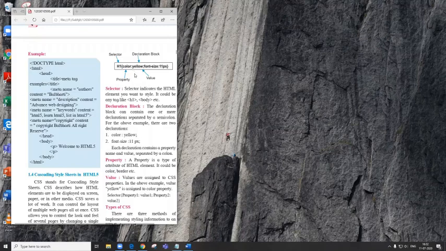This is the change in the syntax, the way we write CSS. It has a selector which points to the HTML element you want to style. Then it has the declaration block which contains one or more declarations separated by semicolons.